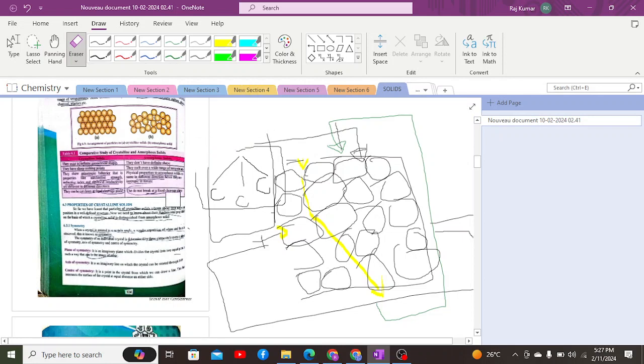Now a similar mechanism occurs in terms of thermal conductivity. If we talk about thermal conductivity, it will have the same process. If we talk about the conductivity in the horizontal direction,